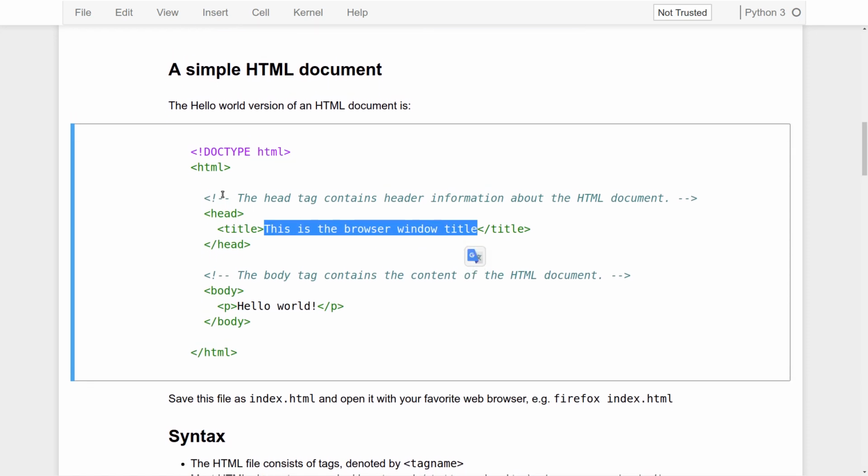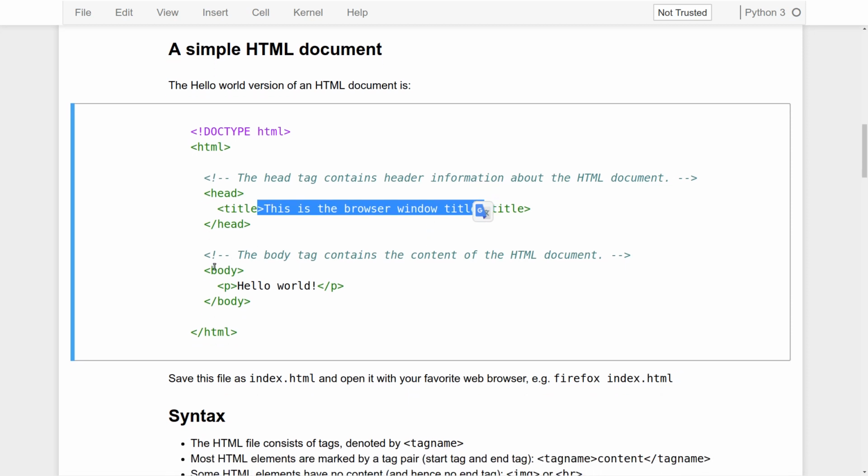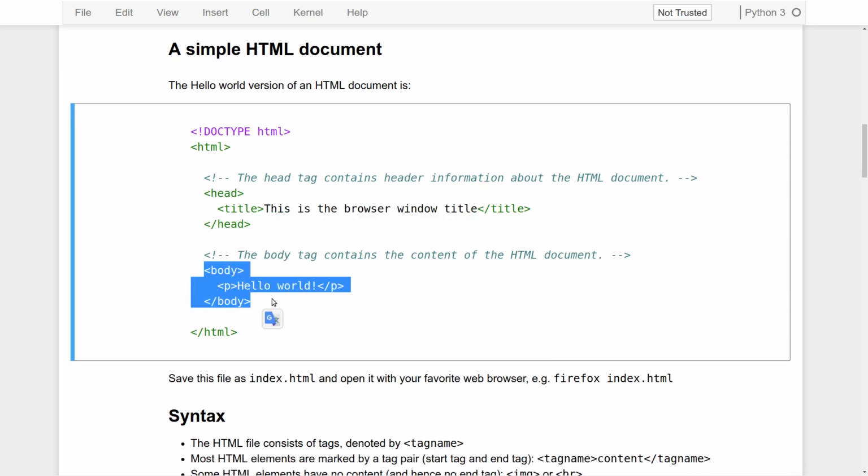If you read this carefully, you can see that there's an HTML tag here. There are so-called tags, which mark the part where the HTML is actually contained. Then we have some header lines here, including a title. This title is the text that shows on the top of the web browser when you open the website. And then you have the body part down here. This contains the actual content of the website. In this case, it's a paragraph, which is marked by this P here, and the content is just